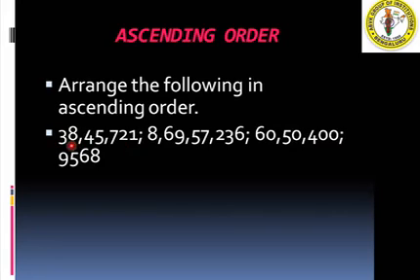See the example: 38 lakh 45,721. Here one more number we have, 8 crore 69 lakh 57,236. Another number, 60 lakh 50,400. And again we have another number, 9,568. So this is our question. How are you going to arrange these numbers? As I said, ascending order means small to big. So you have to compare these numbers to find which is the